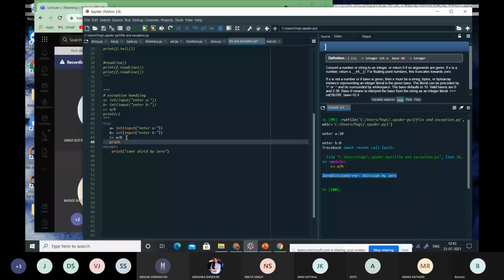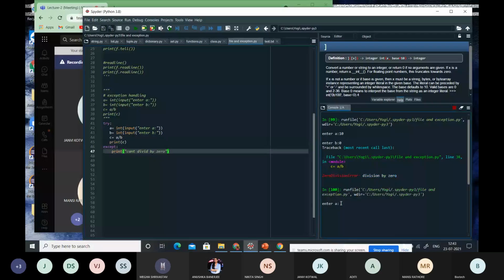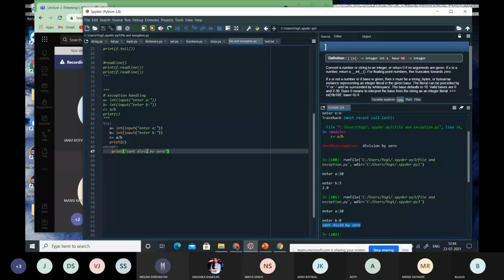What if I give 10 and 5? It is going to give me the result. Fine. What if I give 10 and then 0? Again it runs the exception, can't divide by 0. It is not giving me an error now. It is running that exception. I have handled the unexpected error.